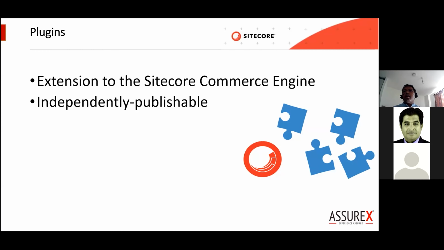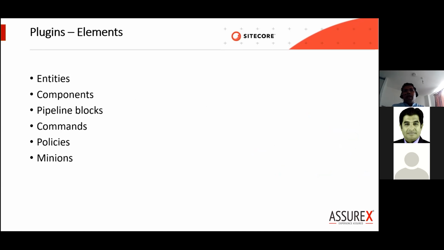All right. So what does the plugin contain? There are a few elements that a plugin can have. There are many more, but I have kept it very short here. A plugin can have entities. Entities are nothing but a class that's stored as a single unit in a persistent storage, and in this case, it's a database. So we don't need to manage the database schema. It's like a flat file. It's a JSON which is kept in the DB. And it is extendable through the policies. So all in all, entities contain data related to a business unit.